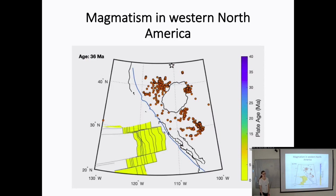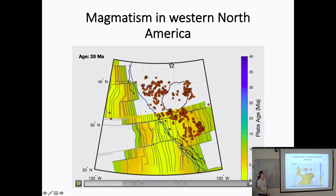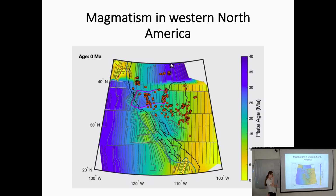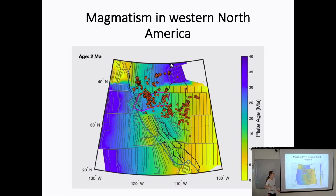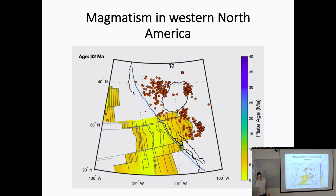So I did the same thing, and I matched the volcanic record to my reconstruction. The underline is my slab reconstruction. The age of plate is important here because when it's really yellow, we're having really young melts forming of oceanic plates, and this is the volcanic data. Basically, what I take from this reconstruction is that the volcanic record is really spread out and might not be very significant to test these ideas, and I'll go into it